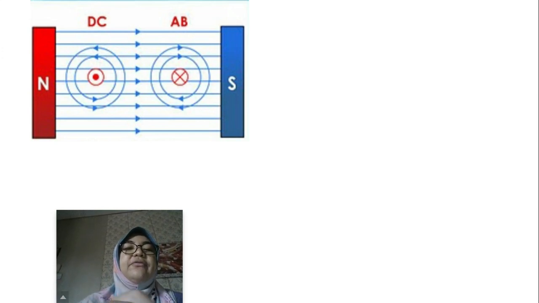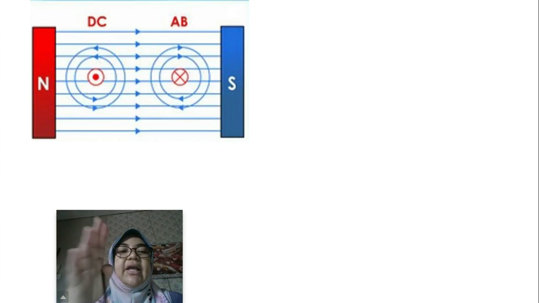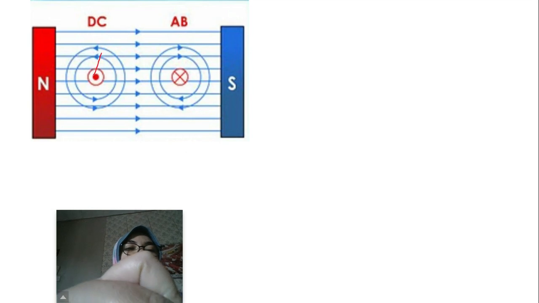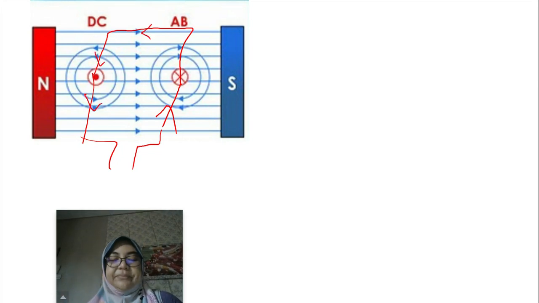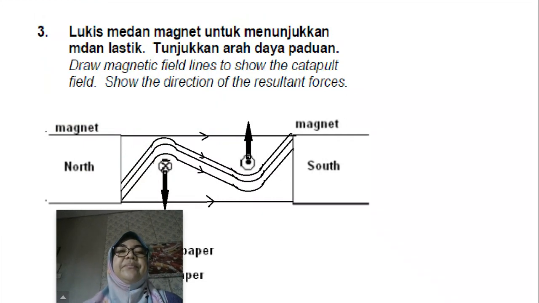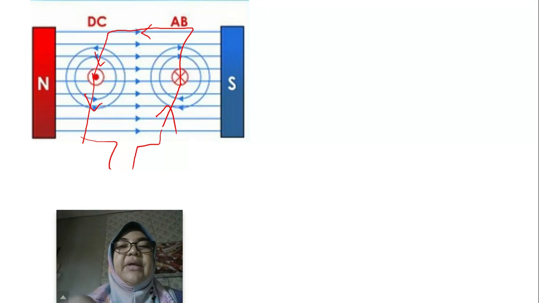Okay, why do we have two, outward current and inward current? It is because we have a coil. Okay, current going into the screen and then going out of the screen. Okay, so number 3, draw magnetic field lines to show the catapult field. Okay, previously, let's refer to here. So let's look at this diagram and let's draw